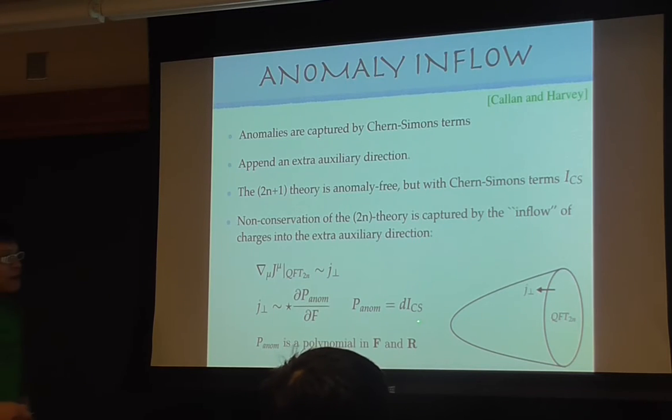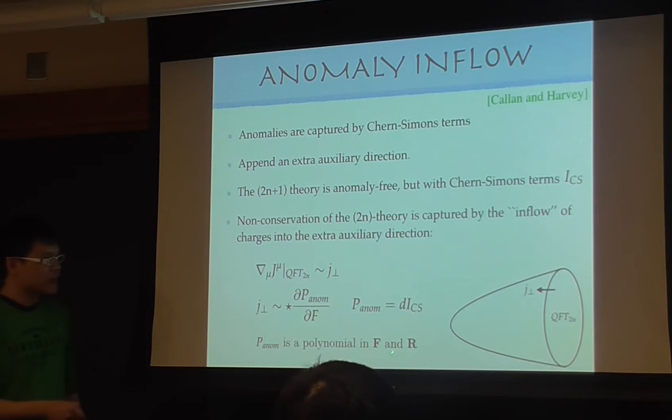Now, the Chern-Simons term is an odd form. That's why I need to do it in 2n plus 1. If you think about this as a form without worrying about dimension, the d of that is a 2n plus 2 dimensional form. Why do I want to do this? Because Chern-Simons terms are almost covariant. They're covariant up to a boundary term, and sometimes the boundary terms do matter, and you have to be very careful. Whereas if you phrase it in terms of the anomaly polynomial, P_anom, this is always a function of the gauge field, thinking about it in terms of forms, and the Riemann tensor, which in terms of forms is the Riemann 2-form. It's a polynomial in F and R.